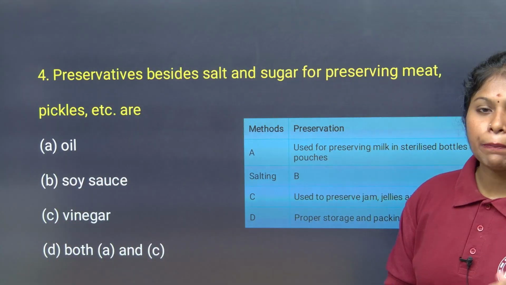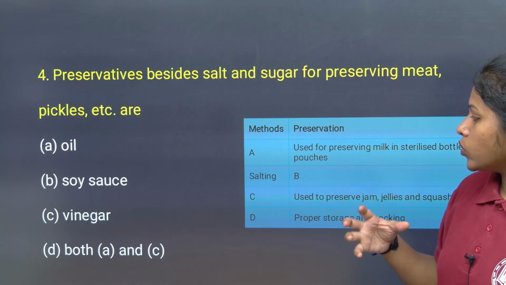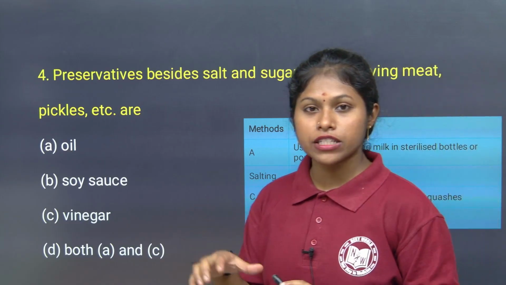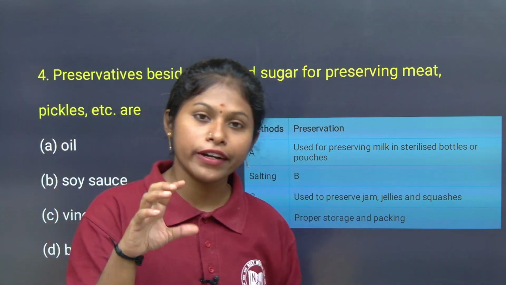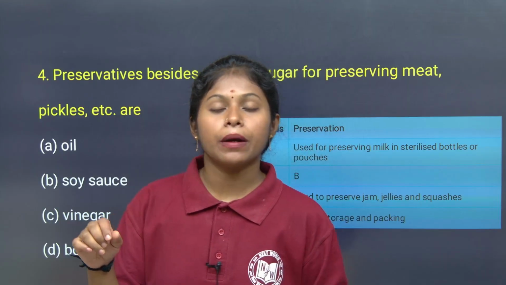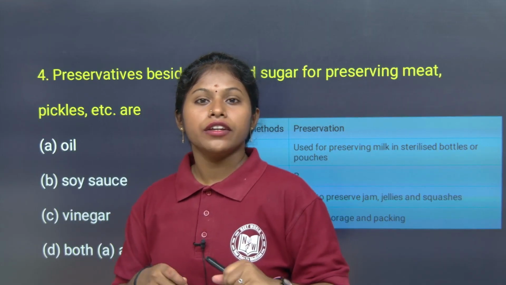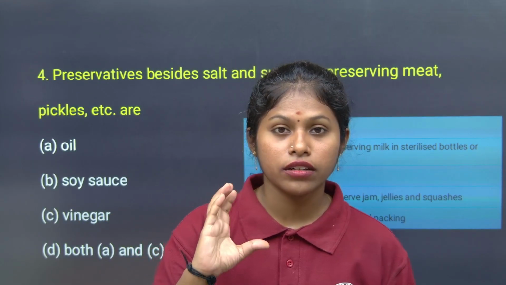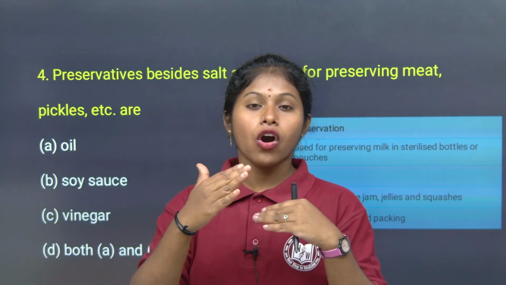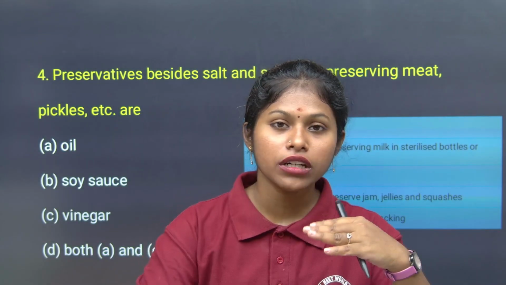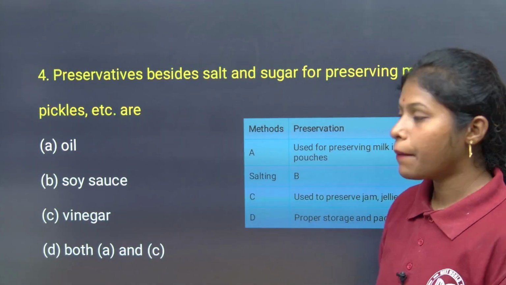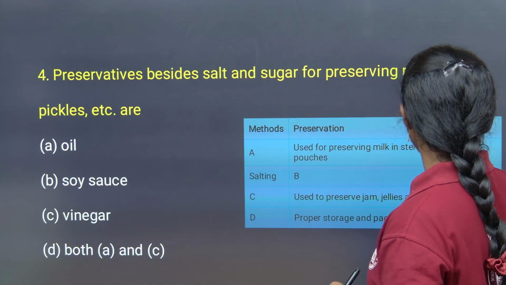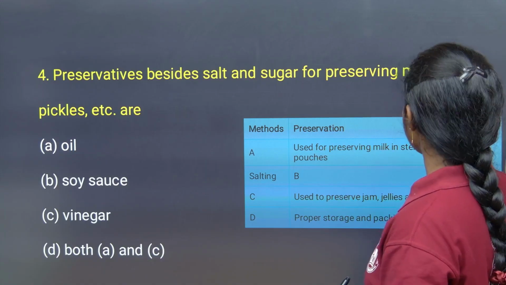So for the pickles, children, if you see the floating of the oil will be there, because more oil will be poured into the pickle. Oil does not let oxygen from the air enter the container, thereby avoiding the growth of microbes. That is why oil is also a method used for the preservation of